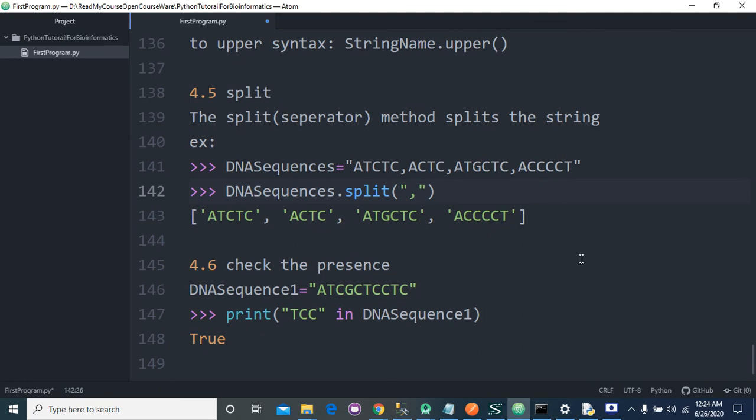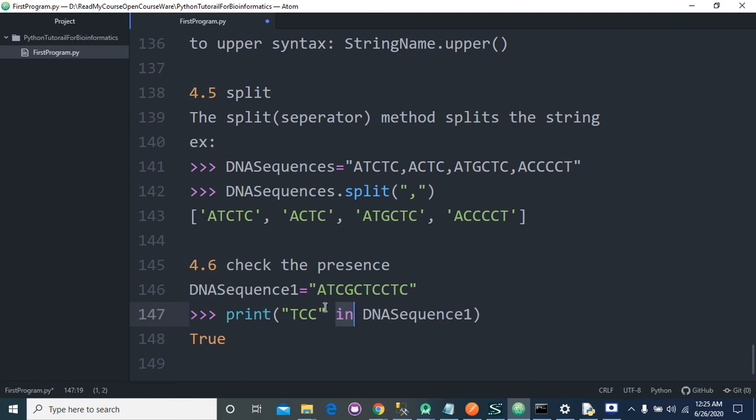Check the presence. If we want to identify whether some part, some substring, is present in the DNA sequence or any string, then we will use in.